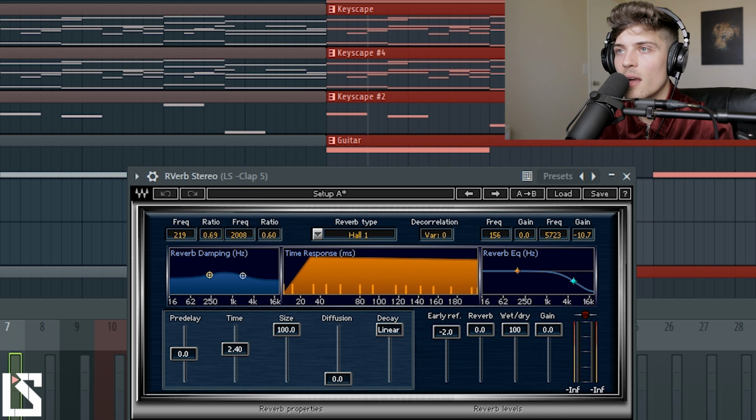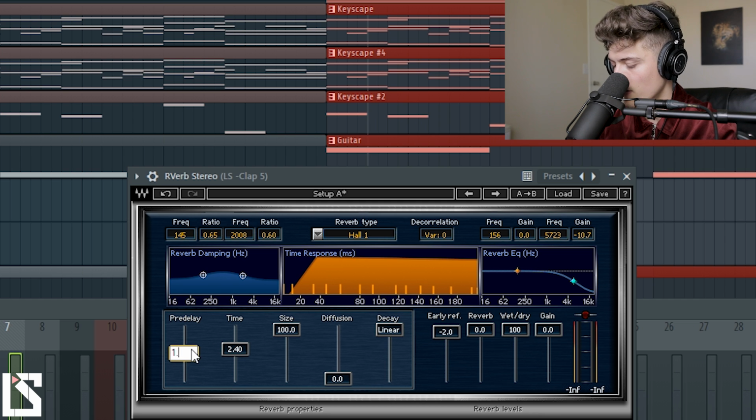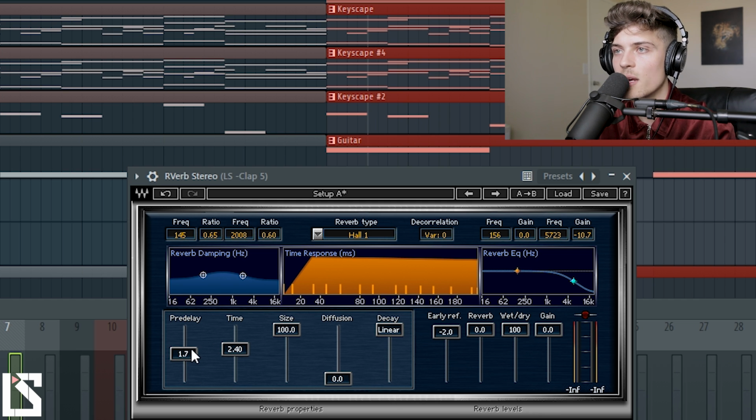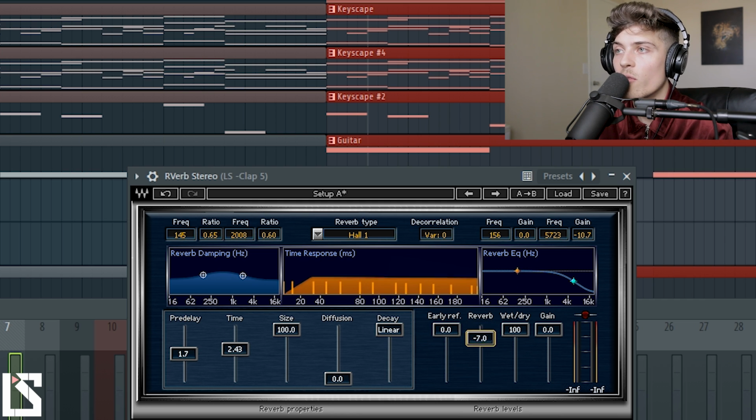Over here, you have your reverb dampening like you saw on the other one, right? Your pre-delay, and it's a lot easier. You could type in like 1.7 if we wanted to, and it just adjusts it right there. You have your decay time, your size of the room, your diffusion, and then different types of decay you can mess with. Early reflections again, but see, they kind of give you a visual of what it's going to be. So you're going to have more early reflections here, less over here. Then your reverb amount, dry and wet knob, and then you have a built-in